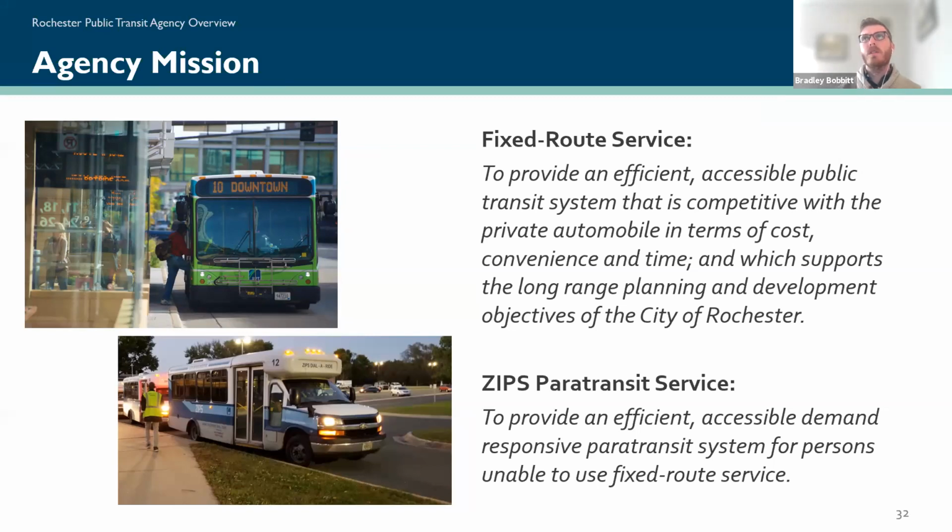To get at Paula's question of how quickly that can happen, we will be talking about the transit development plan update here, where we'll be taking a further look out at our service needs, both in the near term and midterm. And then, we've been changing our service a lot just in light of COVID. We do have a route that goes out there during the weekdays, the 116. But as far as increased frequency or another route, that's something that we'll be looking at through the transit